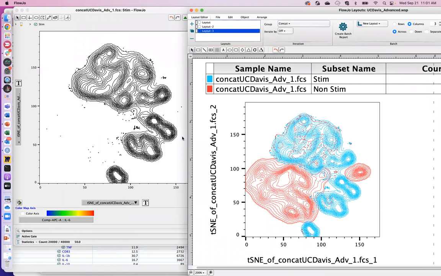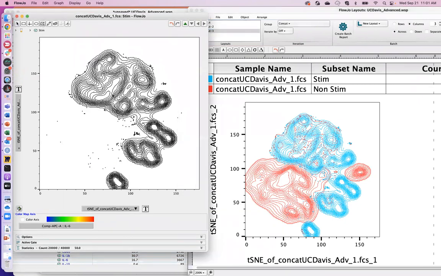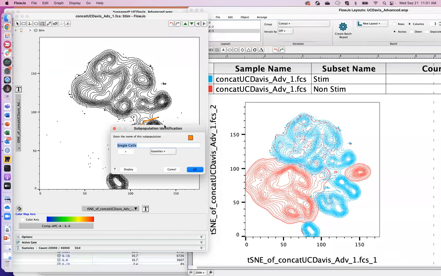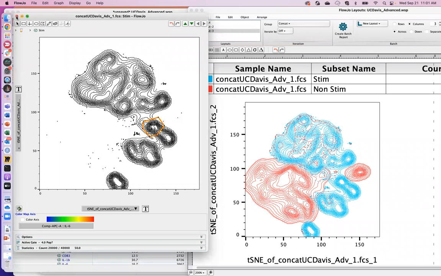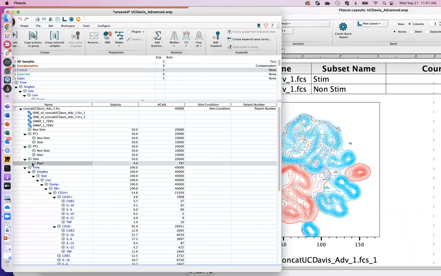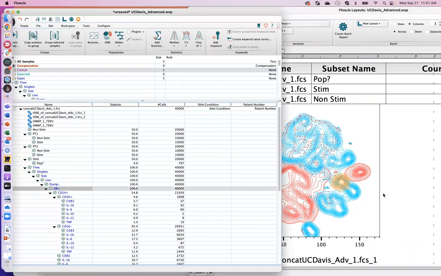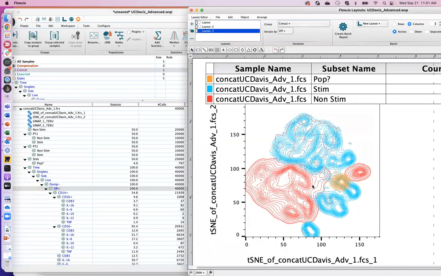All right, so over here, let's say I'm interested in this guy. Okay, so that corresponds to this little population of cells there. So I take my little gate and I create a polygon around it, right? And I can just call this, I don't know, pop with a question mark, maybe query, whatever the case may be. And then you take that population gate and you drop it on top of your